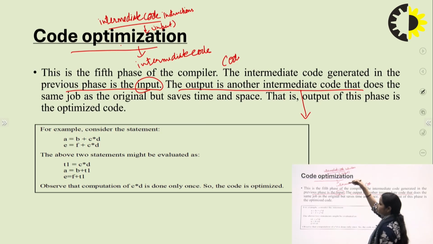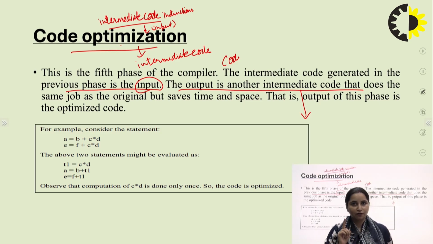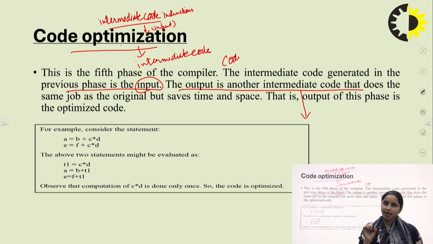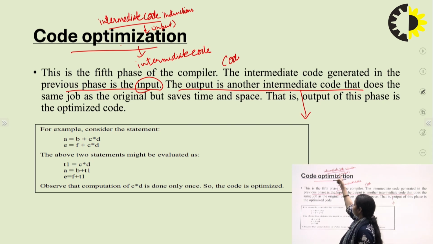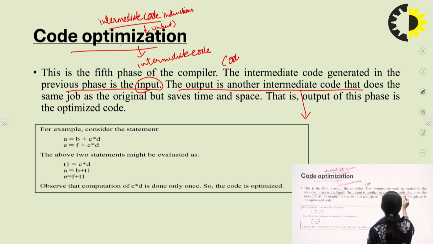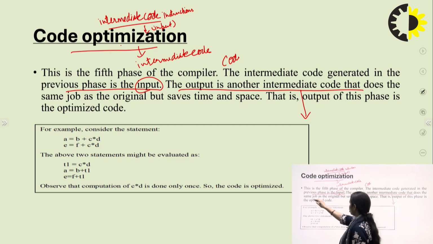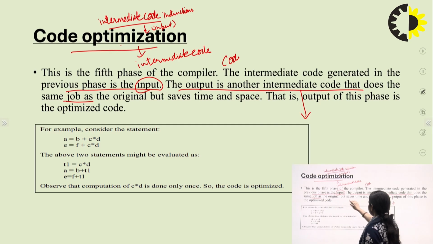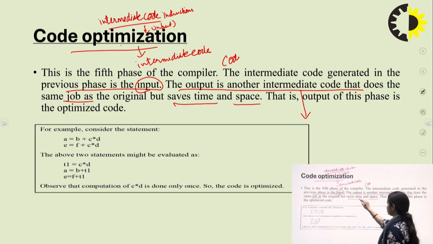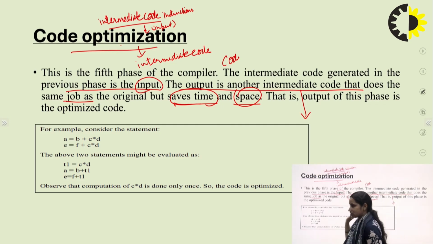The primary thing to remember is that the output as well as the input are both intermediate code only. The input is the intermediate code instructions and the optimized instructions are also in the form of intermediate code; these are two different things. So, the job is the same, but what is it? It saves time and space. That is, the output of this phase is the optimized code.